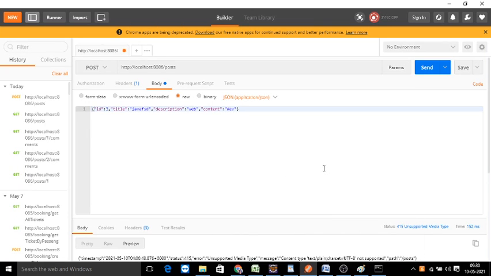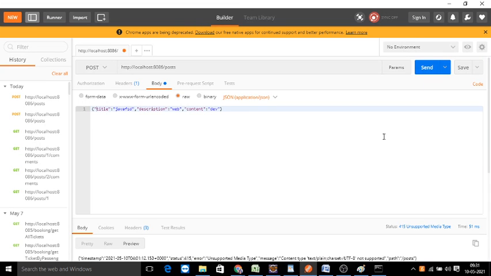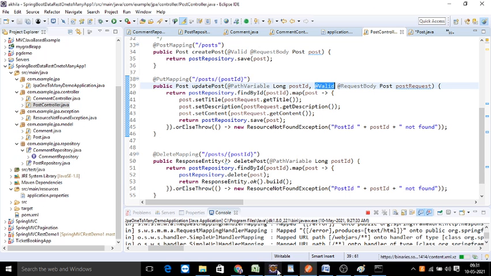Unsupported content type, plain text. Post mapping is post only, right?